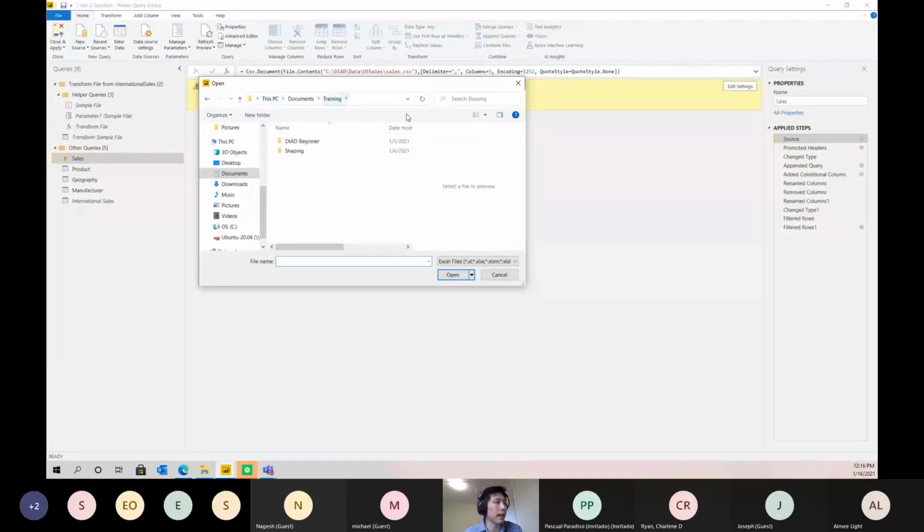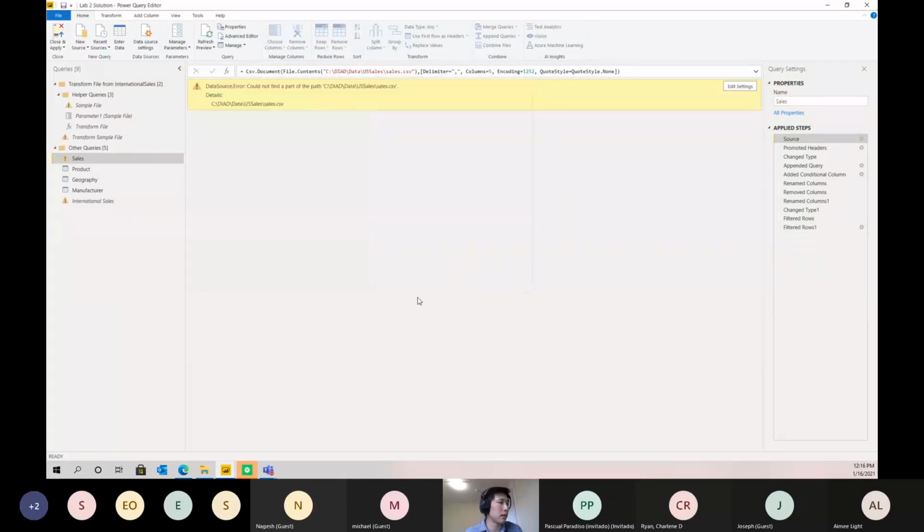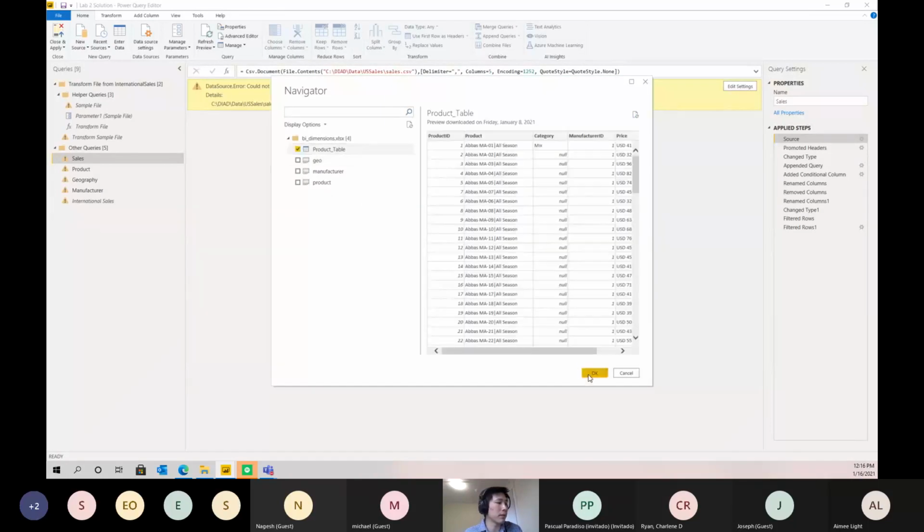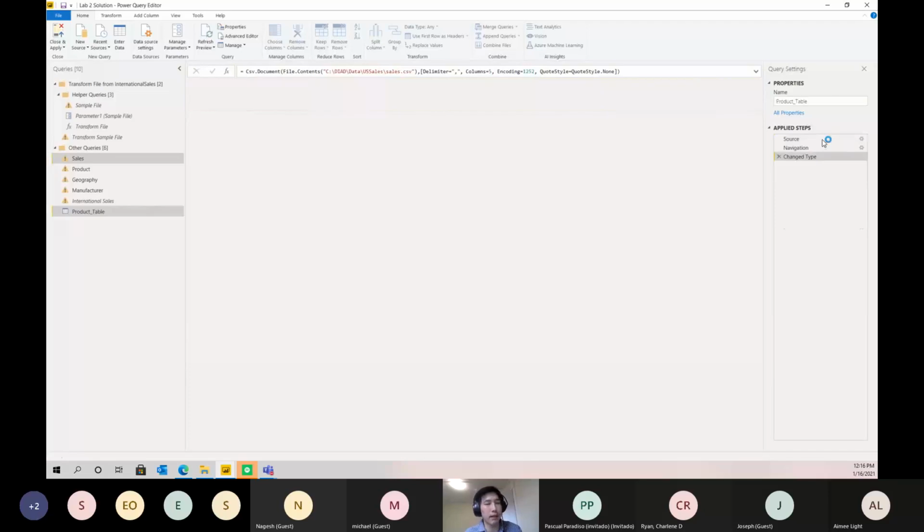That way I can just take that path and then plug it into here. So let's just grab the BI dimensions, for example. We'll just grab product table for now, because all we're doing is really just trying to grab that very first